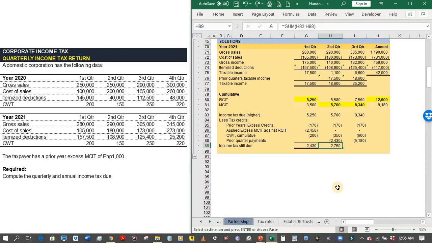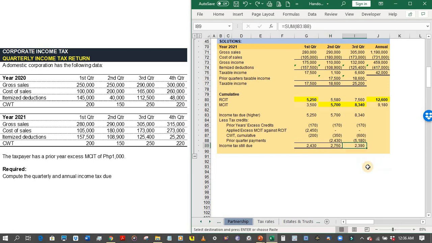So why do we need to deduct the prior quarter payments in second quarter and first quarter? Because out of 8,340 income tax due, this includes the income tax due in the first quarter and second quarter. And the first quarter and second quarter income tax due were already paid. That is why we need to deduct the 5,180 pesos in order to determine the remaining amount still payable at the end of the third quarter. And that is